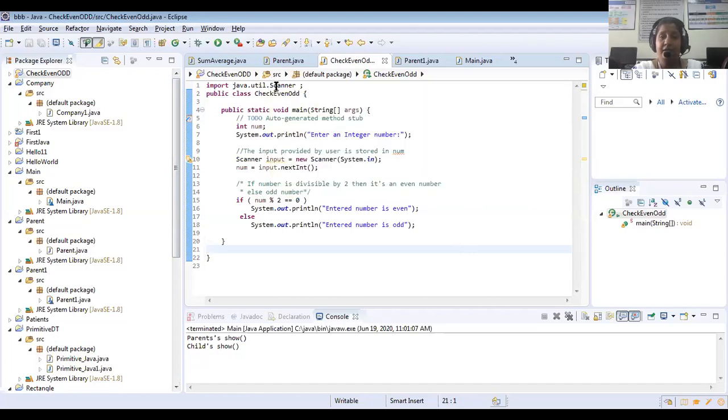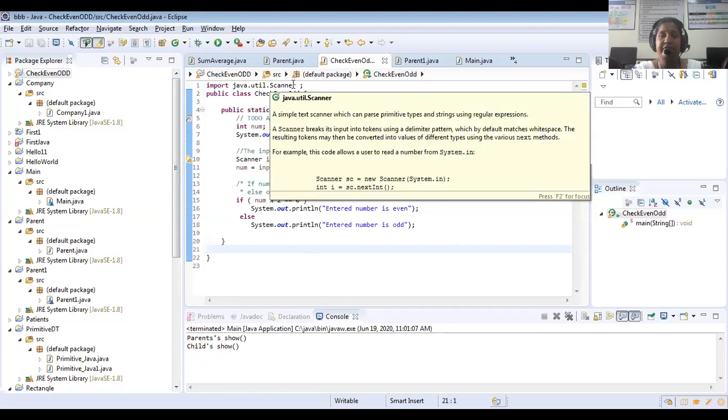Under this util package, whatever classes and methods are there, we can easily use in our program. Once you become a developer, or become thorough in Java, you can understand which packages to import specifically instead of star.